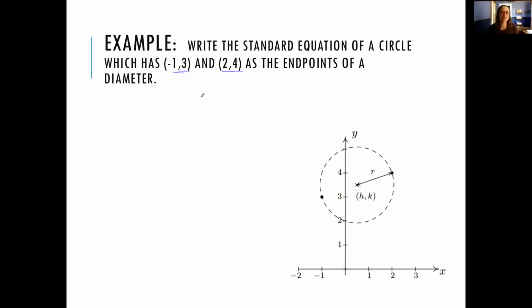So how do we do this? Well, the first thing we know is that the center is at the midpoint of that diameter. So it's going to have coordinates at the average of the x's, so -1 plus 2 over 2, and the average of the y's, so 3